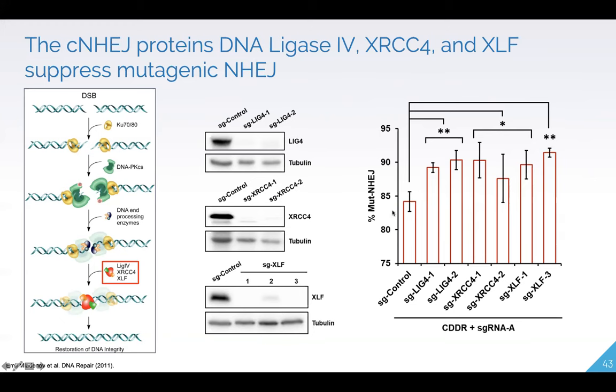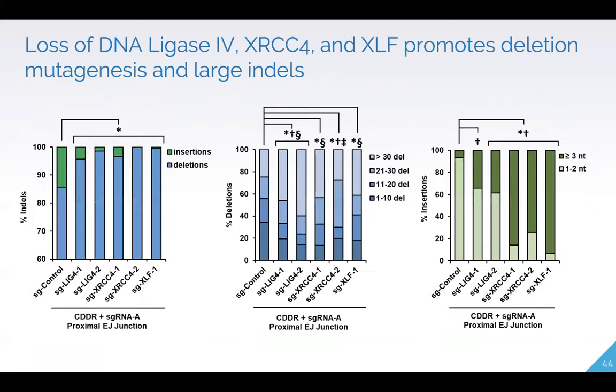And if you do a single cut, you'll see that the loss of these genes increases the mutagenic repair. In other words, when you lose these factors, the cells are dependent entirely on the alternative branch of the canonical pathway. And you can look at their distribution of the different deletions. So when you do that, in the cells that are deleted of these canonical non-homologous end joining factors, the bulk